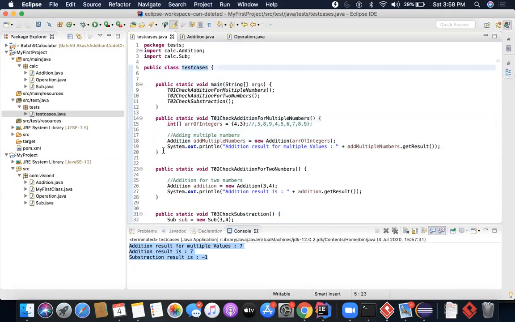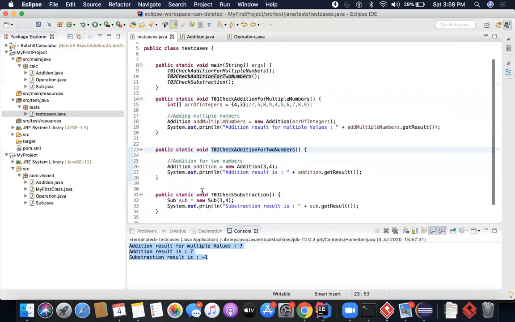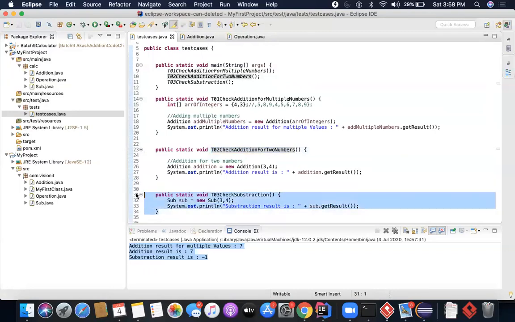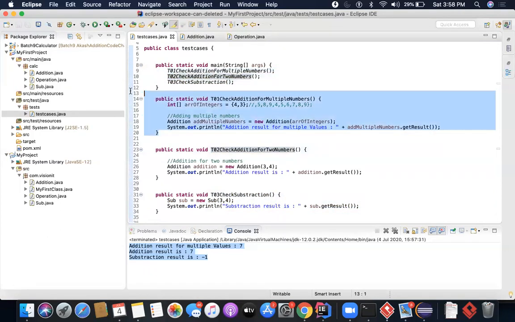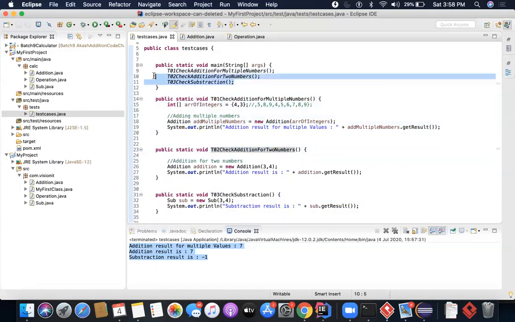So classes, inside that you're going to create methods, and each method is nothing but your test case. And if you want to call the test case or execute these test cases to validate your functionality is working, you're going to call them like this. This is just a definition. This doesn't work in itself. You have to call them like this here. So now you can execute it, but this is not the right way to do it.